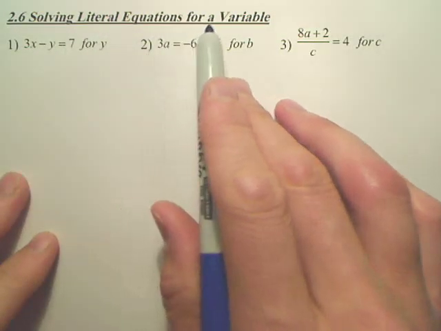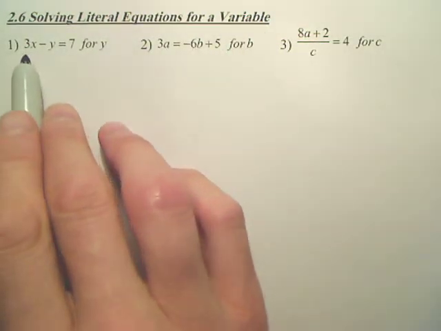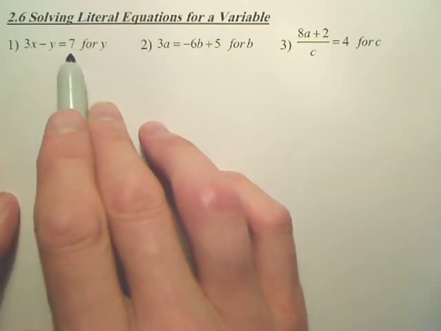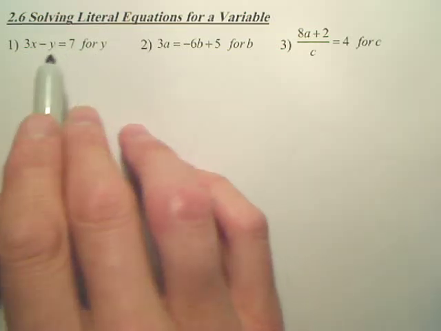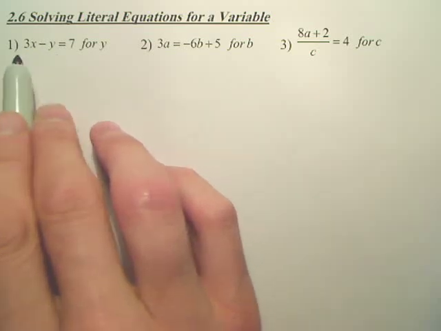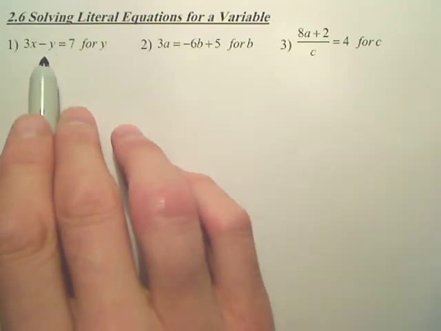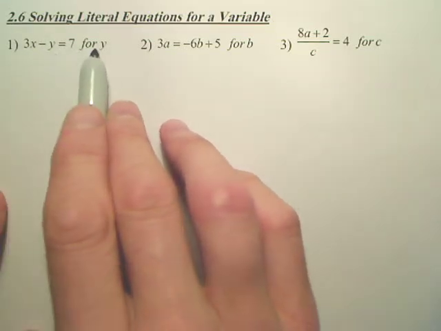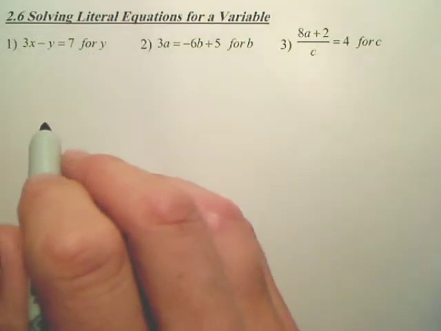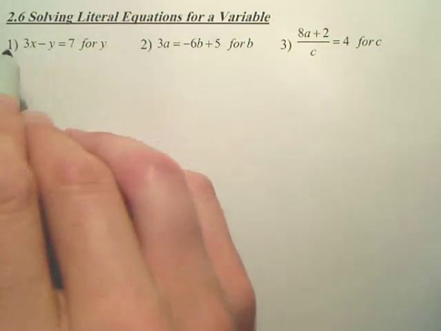Solving literal equations for a variable. We are going to solve this equation right here for y. Now realize again, there are two variables here. We want to get the y by itself. That's what this means. So what we basically do, to get y by itself, we first have to get rid